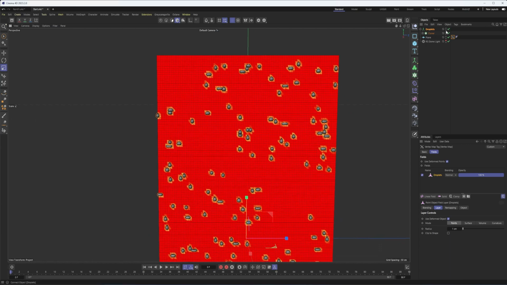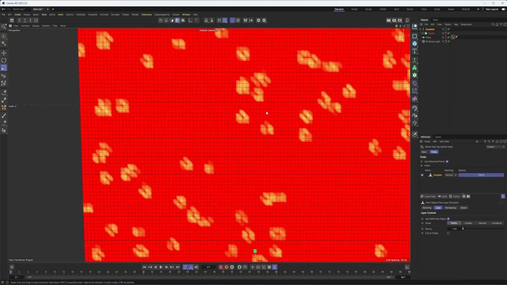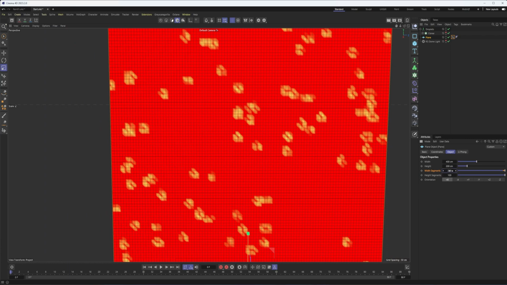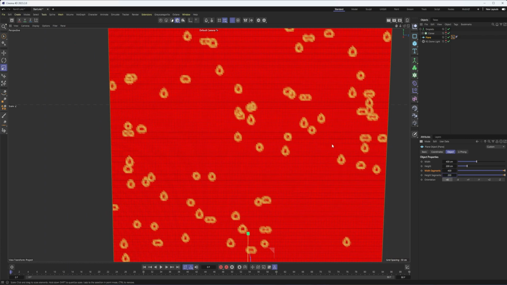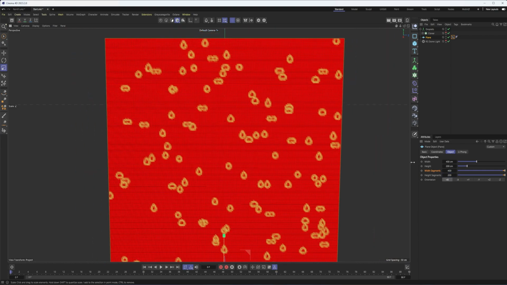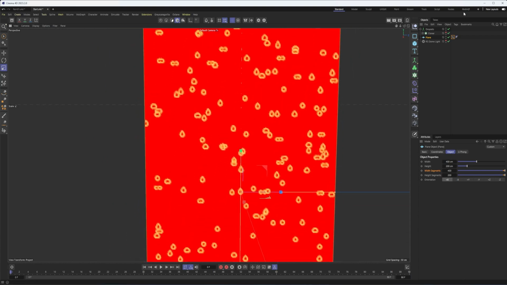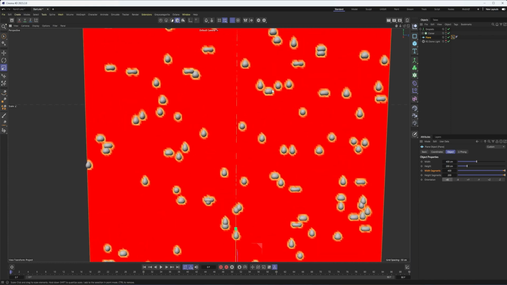So if I just hide the cloner, because we actually don't need it to be visible, you can see how pixelated this is because this vertex map is based on the number of vertices or points we have. And so if I was to double these points again to say 400 and 200, we'll see things start to get smoother. So the higher we go with these segments, the more smooth and detailed our end result will be. Now, you may notice that we have a little bit of a gap in there from our clones. Now, that isn't a huge deal because the clones themselves kind of fill it.